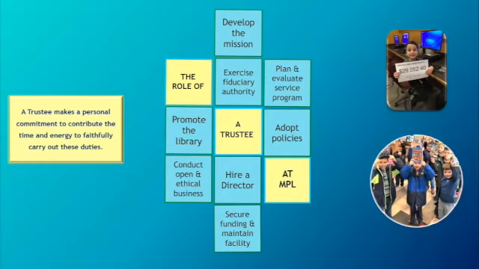The board conducts the business of the library in an open and ethical manner, in compliance with all applicable laws and regulations, and with respect for the institution, staff, and the public. A conflict of interest policy and conflict disclosure statement are required by New York State, and each board member completes a disclosure annually. Board meetings are subject to New York State open meeting law, which means they are advertised and they are open to the public.